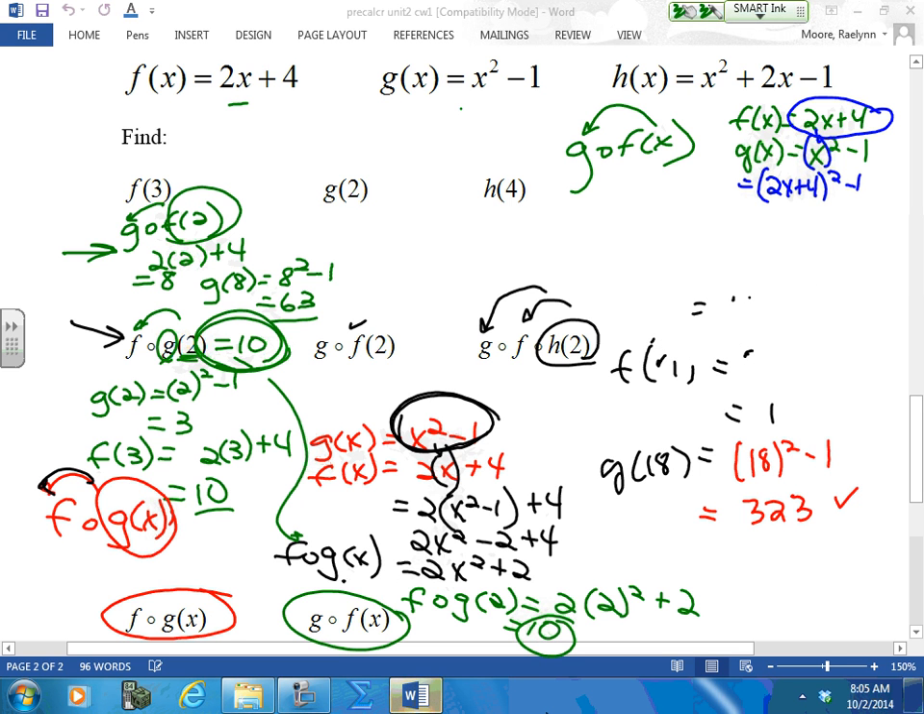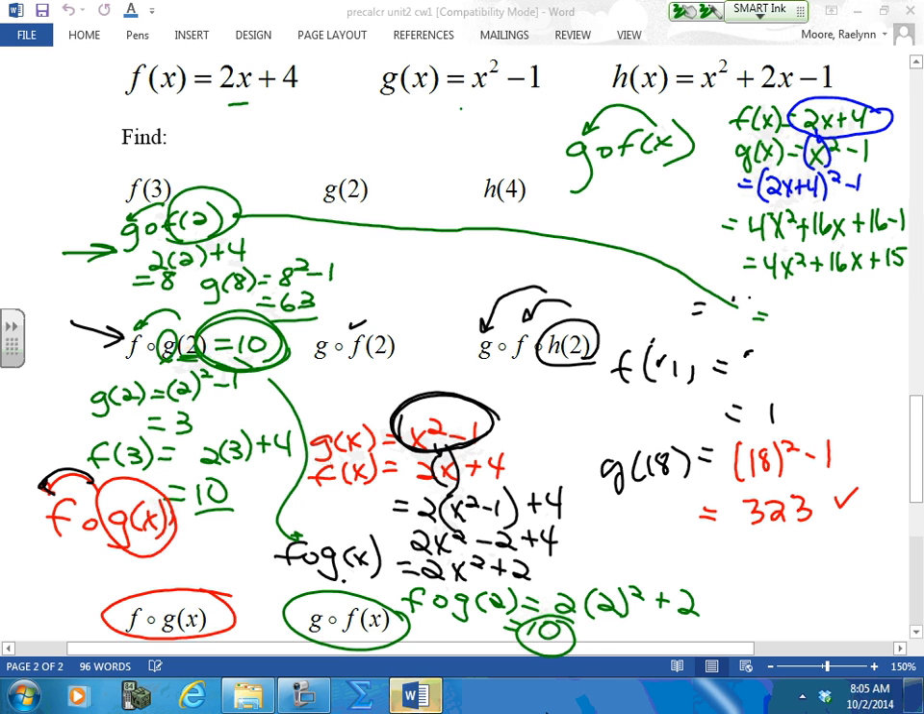So let's FOIL this out for x squared plus 8x, 16 minus 1. Okay, there's my equation for g of f at x. Now, let's see if it works. We did this one over here, g of f of 2. So if we plug a 2 in here,